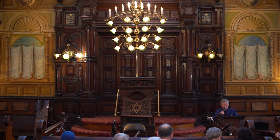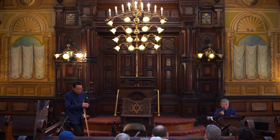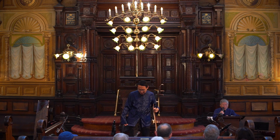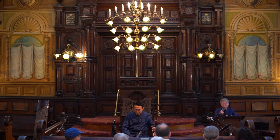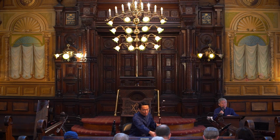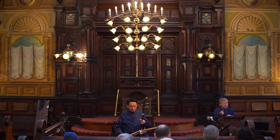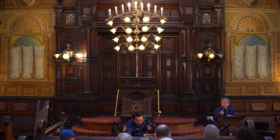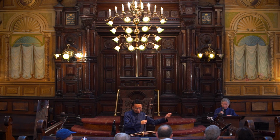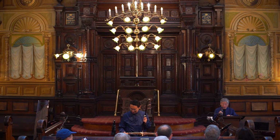Now we invite Wang Guowei to come to the stage to perform an erhu solo called Song of Henan. We include this piece on the program to relate the Kaifeng Jewish community with life among the Chinese people. The city of Kaifeng, which is located in Henan province, was the ancient capital of China during the Northern Song Dynasty. And another very important reason why we chose this piece is to demonstrate how the vocal quality of the